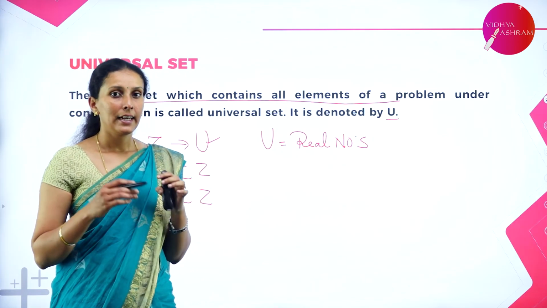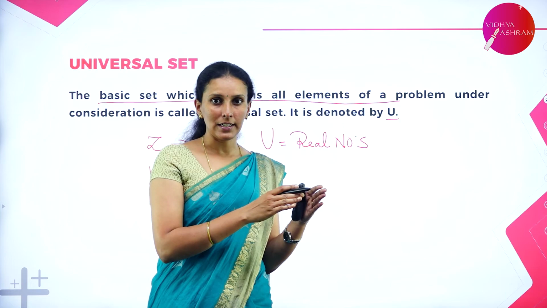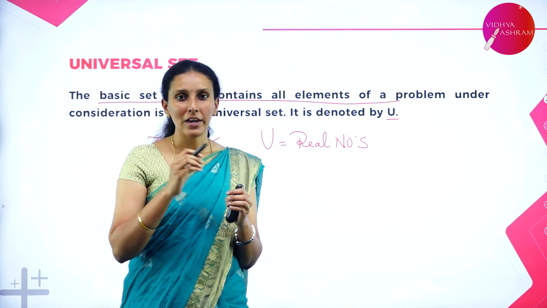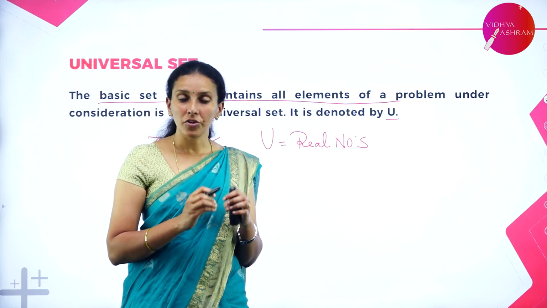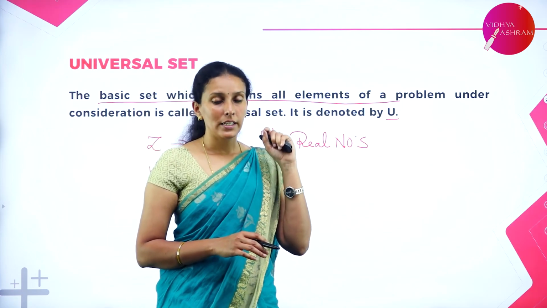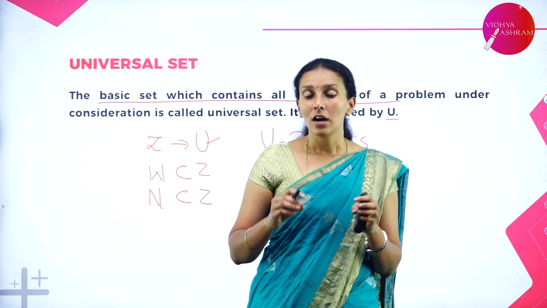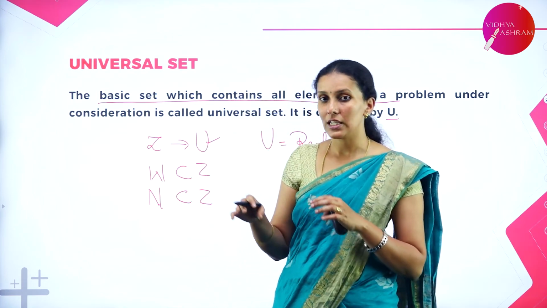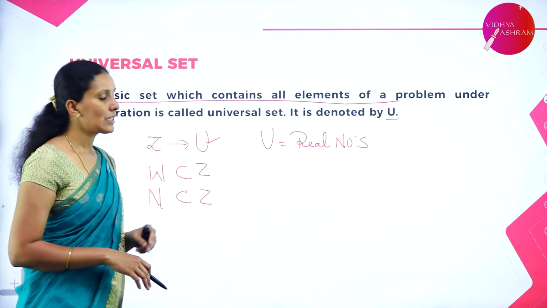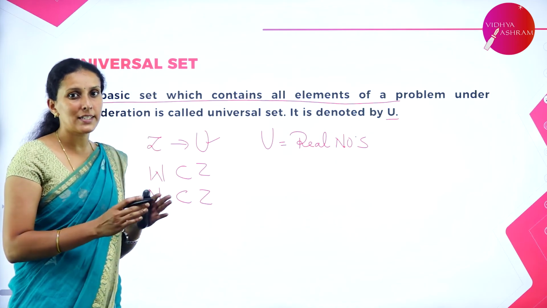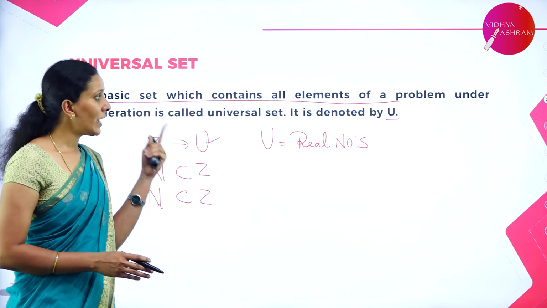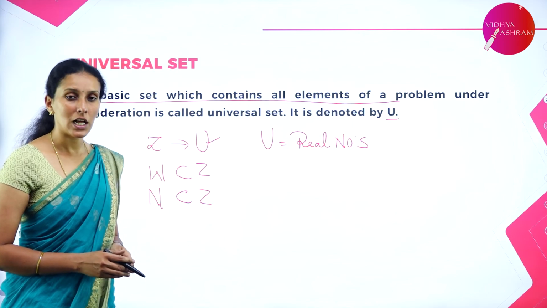So, U is the set of real numbers from which we can derive all other types of number systems. When I take the set of triangles as a universal set, then I can call isosceles triangles a subset, equilateral triangles a subset, and right angle triangles a subset of all those triangles. When I say circles in a plane as a universal set, circles with different radii can be taken as subsets under the set of circles. So therefore, the universal set will form a major set or a basic set from which the other sets can be derived, or it can be taken as a major set whenever the problems are under consideration.